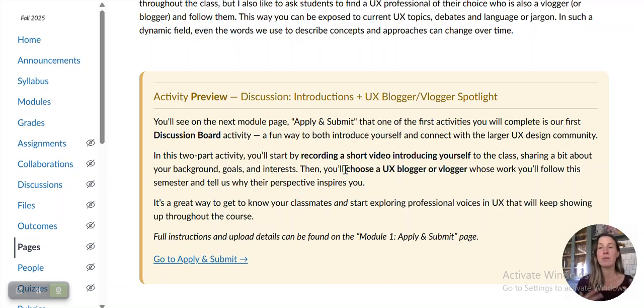finding a blogger or vlogger in the field that you like and that you want to follow their content. You want to watch their videos, you want to read their blog, whatever resonates with you. If you're visual or you prefer reading, it's totally up to you. But you're going to find somebody who is currently publishing, creating content in the field, because we want the fresh stuff. Okay. So you're going to choose them, and then you're going to